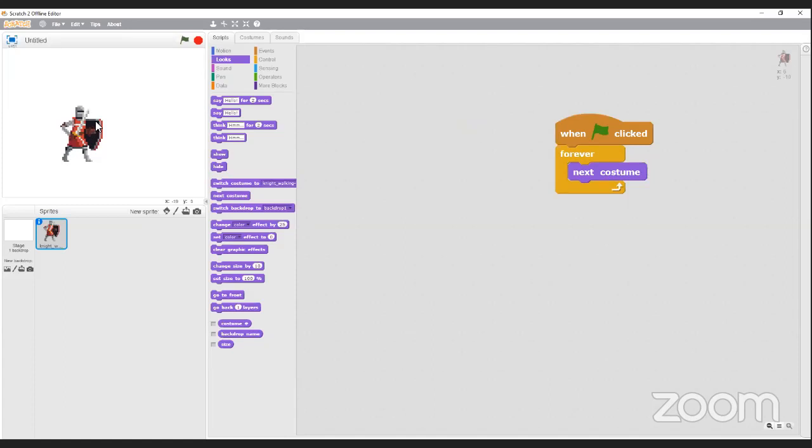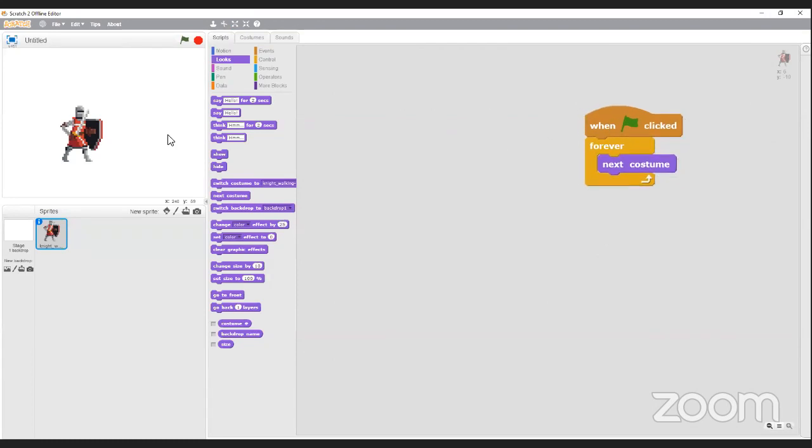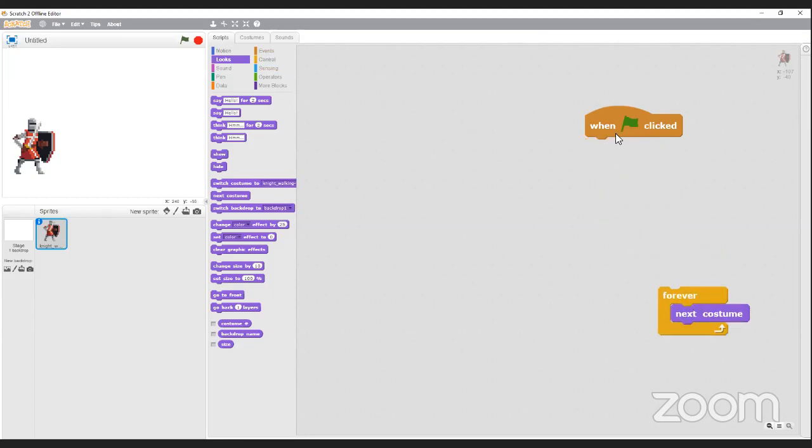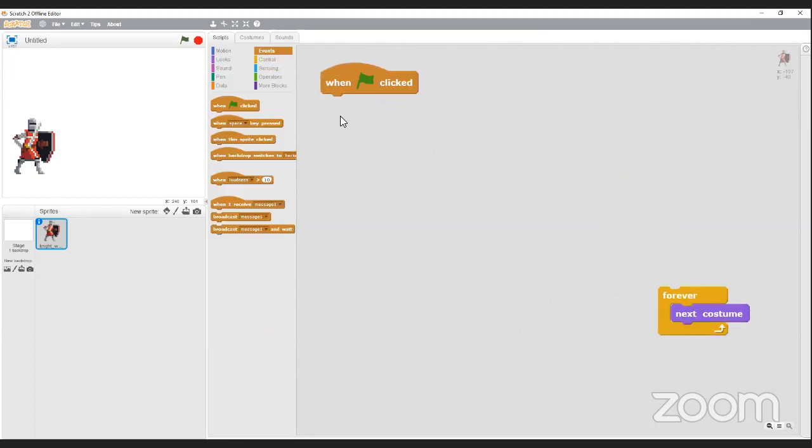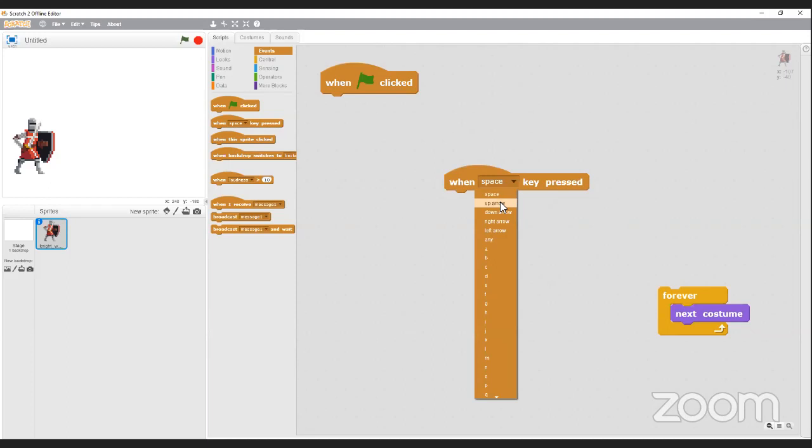So what I would like to do now is I want to be able to control this little guy. So I'm going to maybe say the first thing I want to do is maybe we can move over here. And what I would like is that when I press right arrow, it's going to move to the right. And when I press left arrow, it's going to move to the left. So for that, I'm going to click here. I'm going to say when events, I'm going to choose when the left arrow is pressed. Then I wanted to,